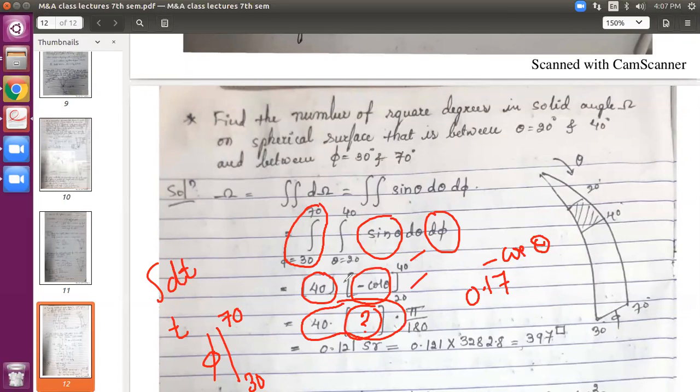Minaz, you check it. When you apply the limits to minus cos, you will get something like this. If you observe on the screen, I have multiplied it with pi by 180. Why is it so? To convert degree to radian, because already all these are in degrees. So I have to convert it to radian. So I have done that.